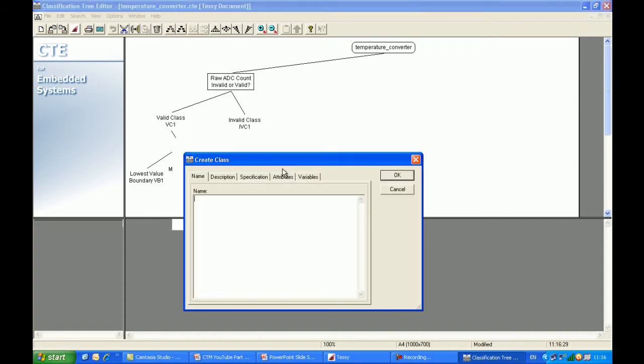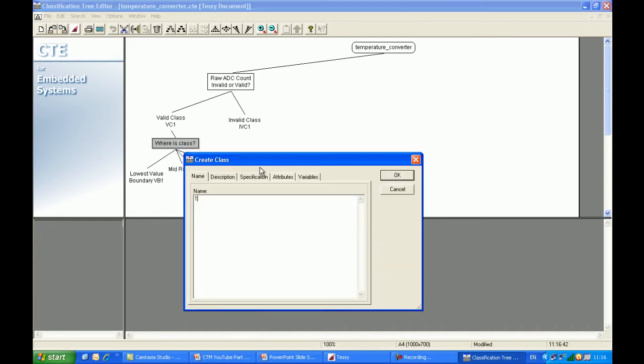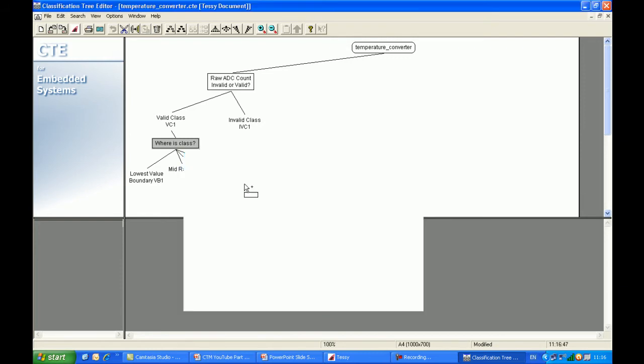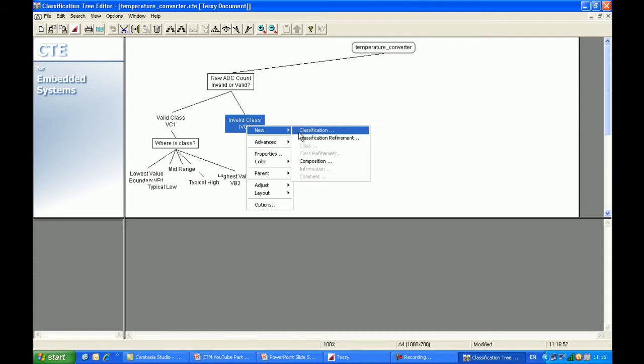New class, and we'll have a typical high, which would represent a value of maybe 0x300, and we'll have a typical low. These are obviously numbers within the valid class range, so that one would represent something like 0x100. And for the invalid class, for the raw